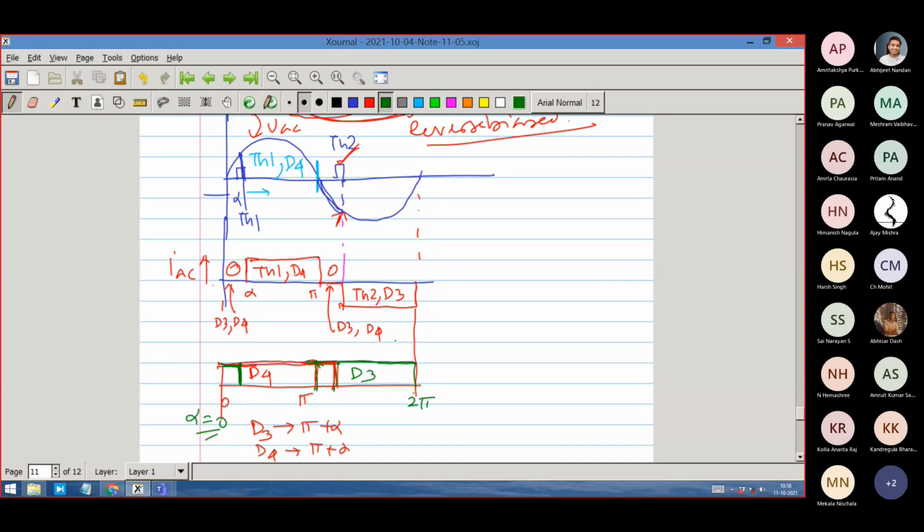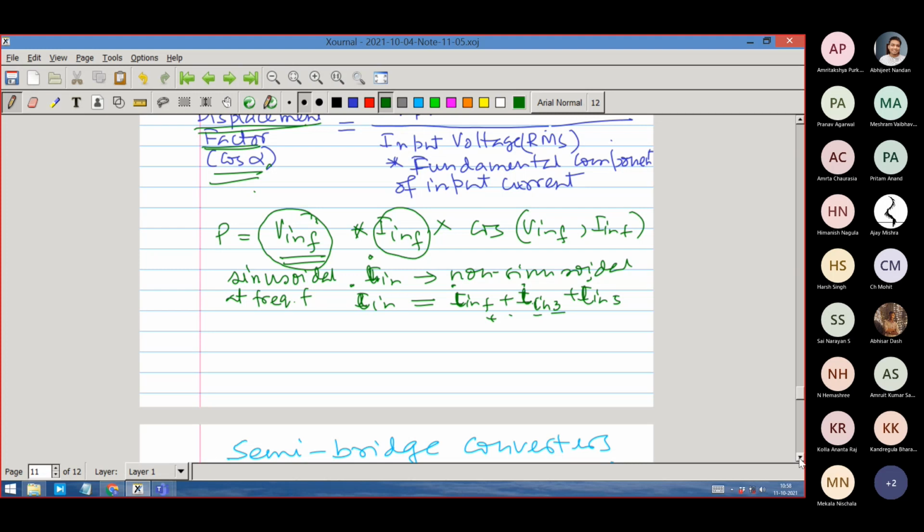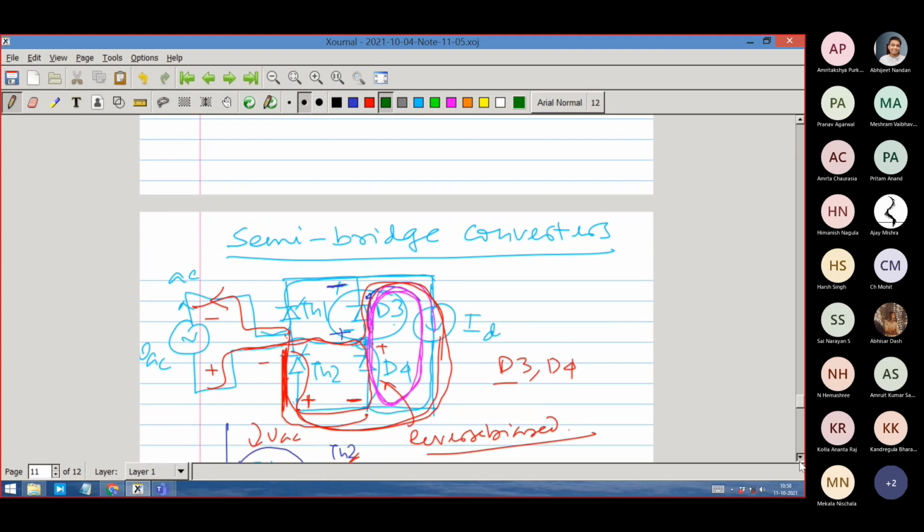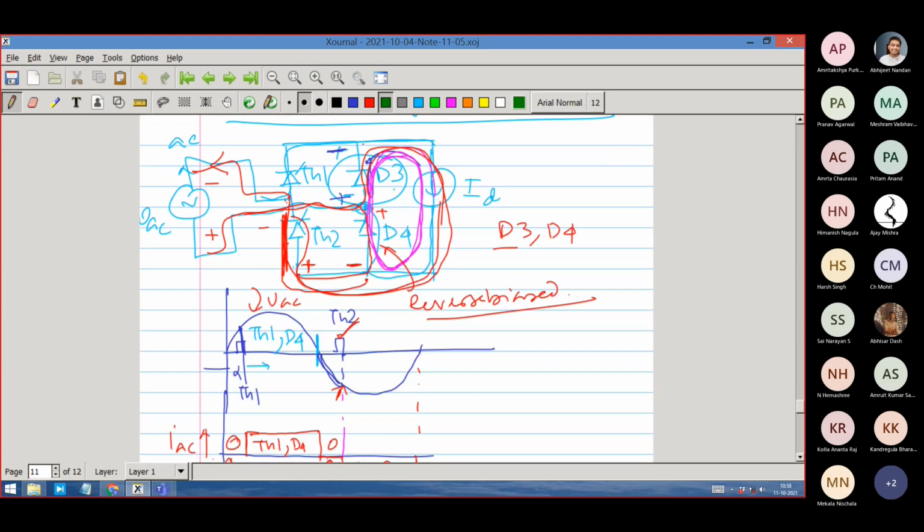Since instead of two thyristors here we have used two diodes, shouldn't we lose some control on the output voltage due to this reason? Definitely. You tell me what control we have lost. Quickly tell me. Just look at this and what control we have lost. We have lost the control to produce any negative voltage. So here, very good, Vrect is always greater than 0. We cannot produce negative voltage.